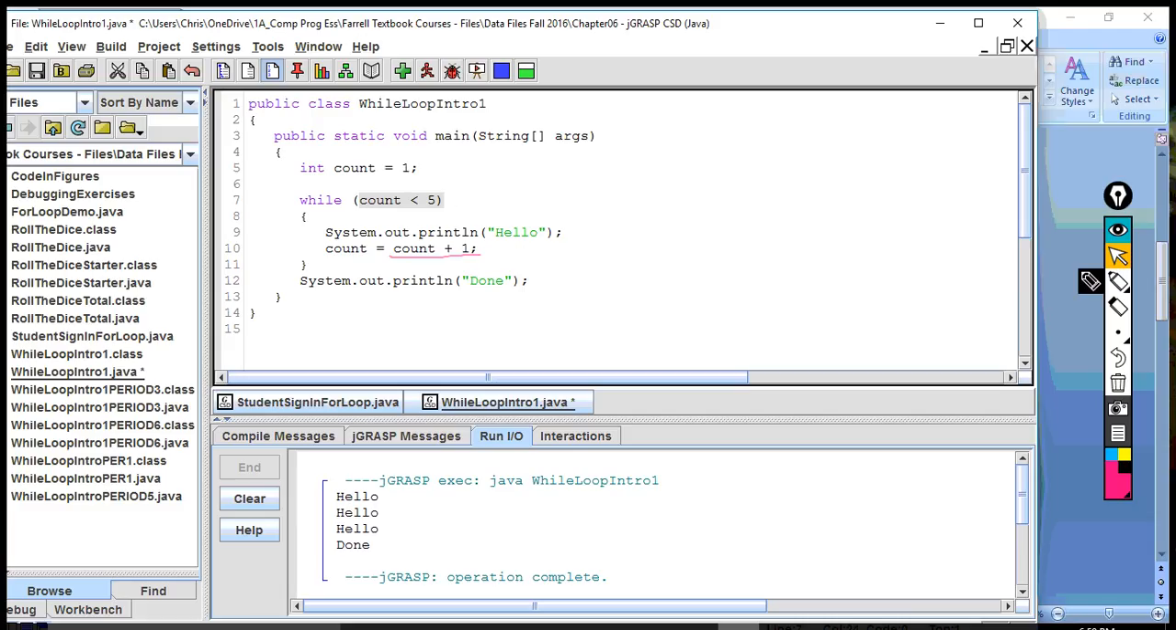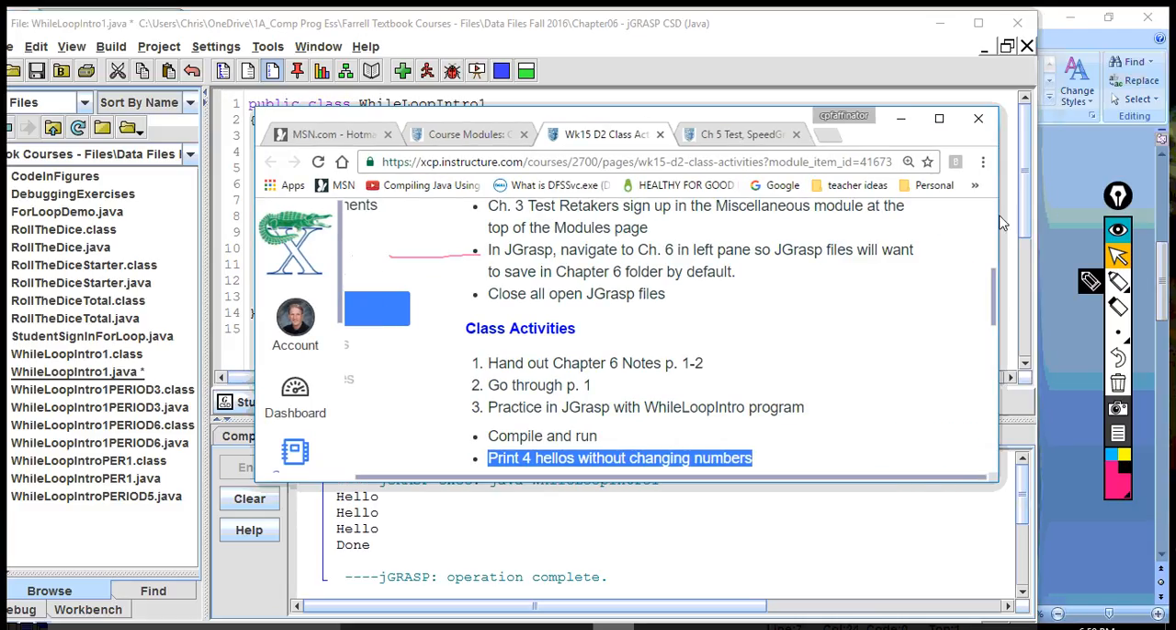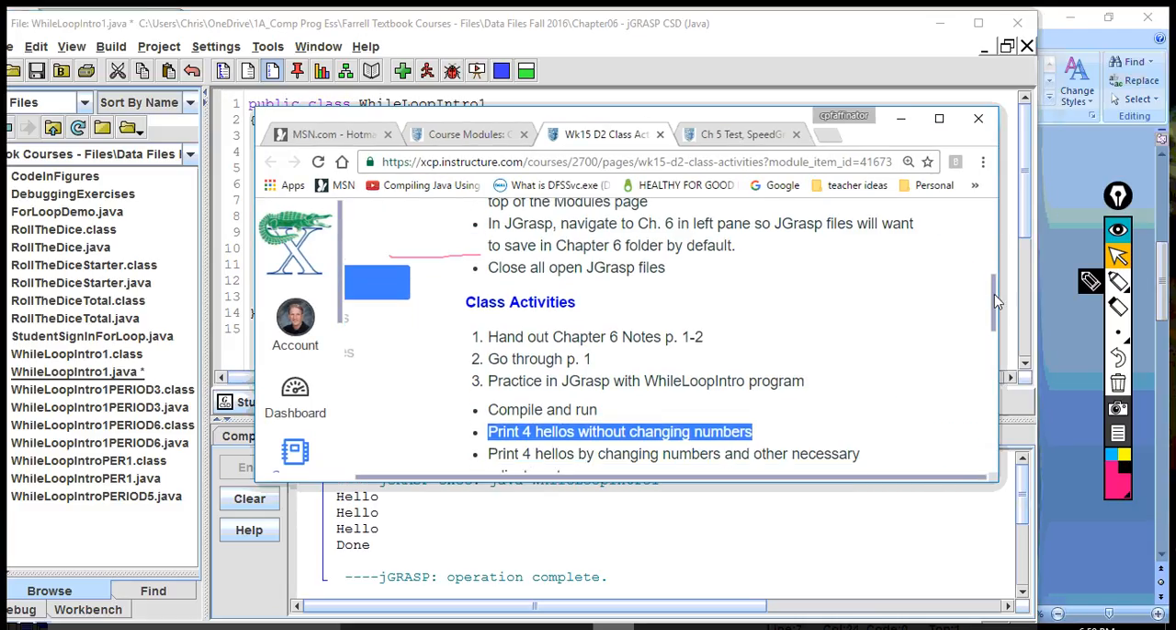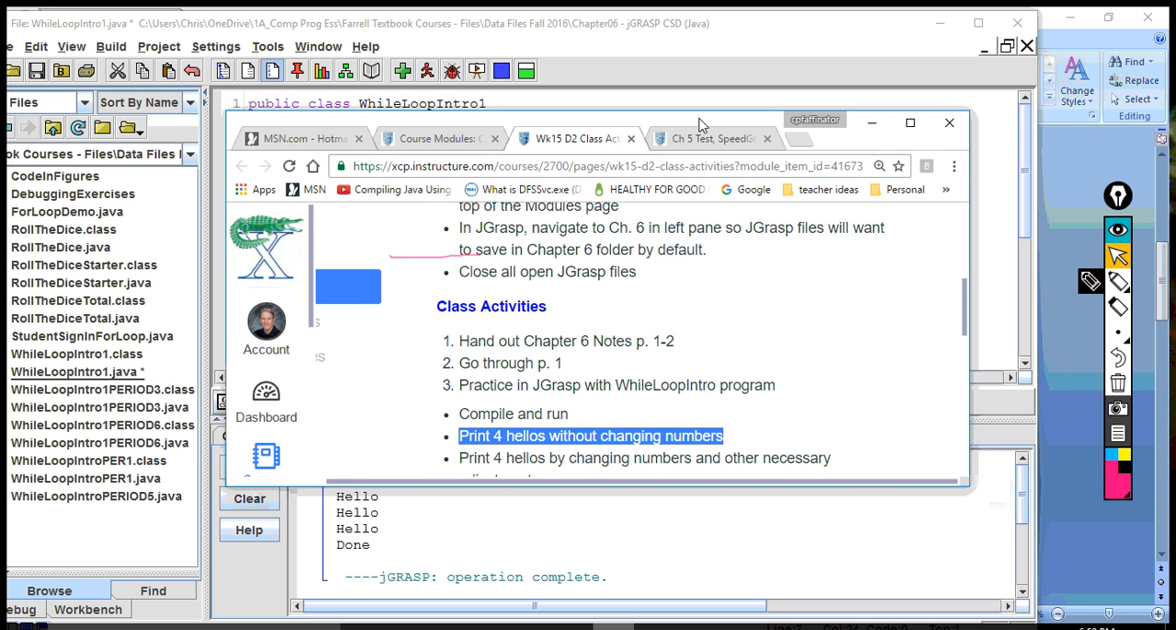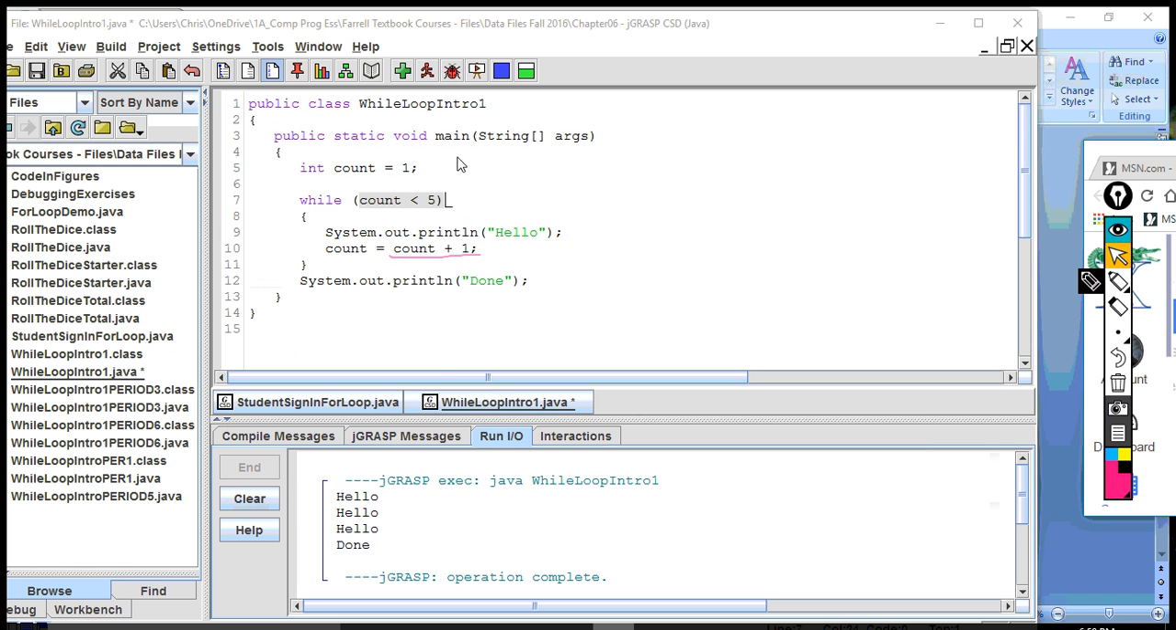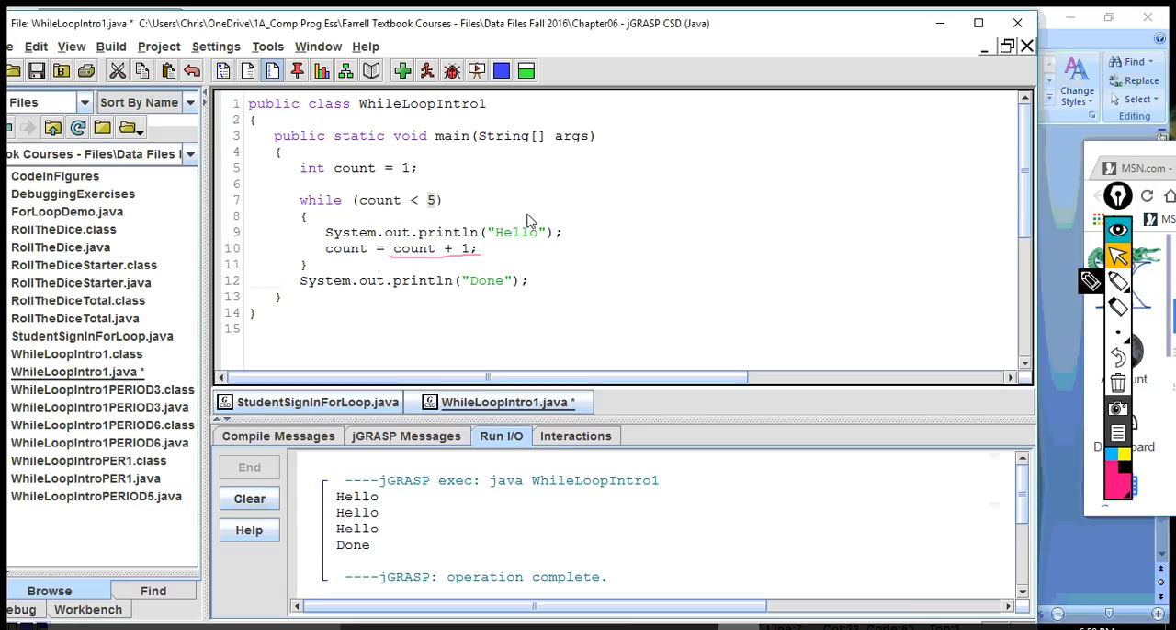The next thing that we want to do is try to make it print 4 hellos by changing numbers and anything else that's necessary. So make it print 4 hellos but change one of the numbers. So if I were to change this, well, let's leave it here. If you change it, let's say you change this to 0,